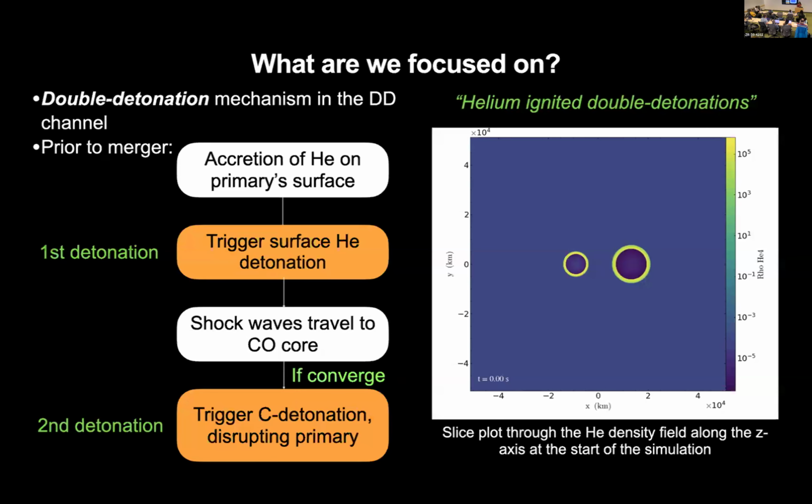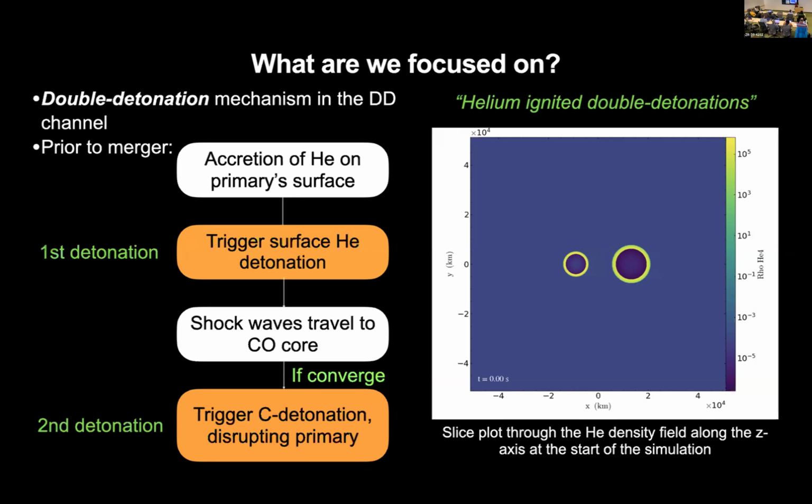I am particularly interested in a special case of the double degenerate channel, in which the primary white dwarf explodes via the double detonation mechanism. So this can happen in the case where we basically have two carbon-oxygen white dwarfs that have thin helium shells around them. And so this primary white dwarf, which is the more massive one, because white dwarfs have an inverse mass and radius relationship, so the more massive one accretes helium from the secondary star.